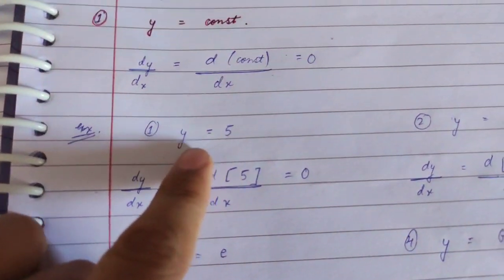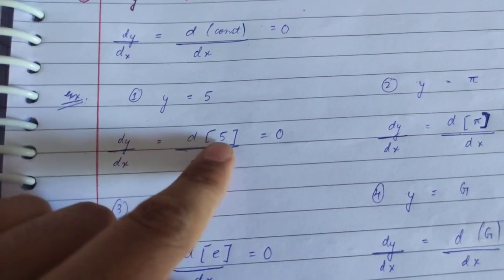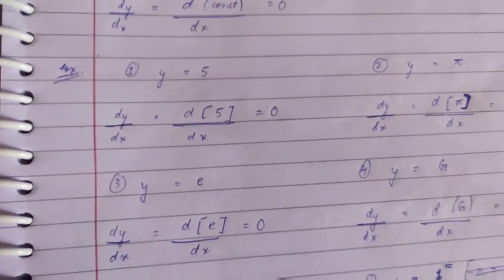Now next come formulas for differentiation. There are basically some formulas which we are going to use in the differentiation chapter. First is when y equals constant, then dy upon dx will be equal to d of constant upon dx, which is further equal to 0, because there is negligible change when y is constant. Now let us see some examples. This will help you to visualize better. We have taken the first example, y equals 5. So dy upon dx is equal to d of 5 by dx, so this will be 0.